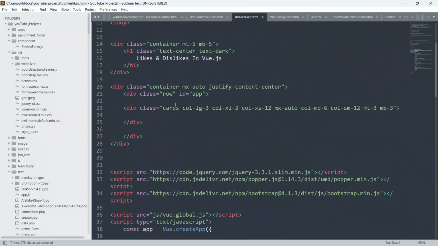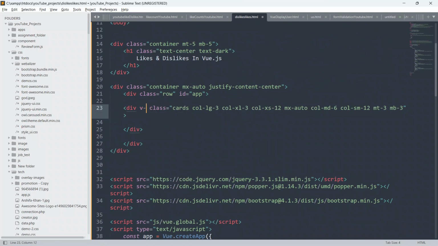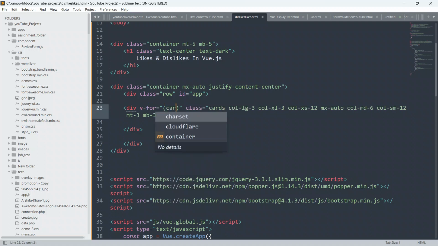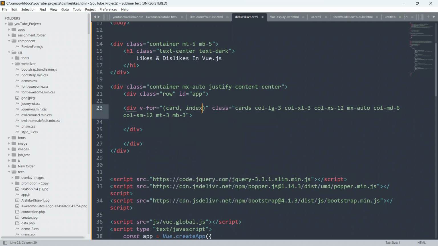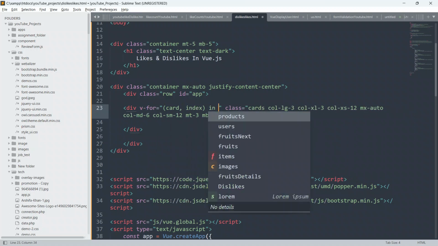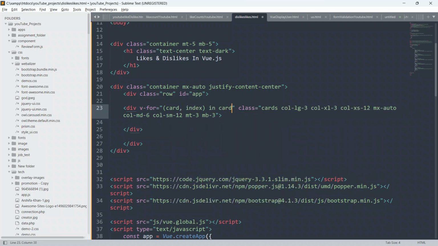Just go inside this div and give v-for equal to double quotes, and write card, put a comma and put index also, in cards. So, card in cards.